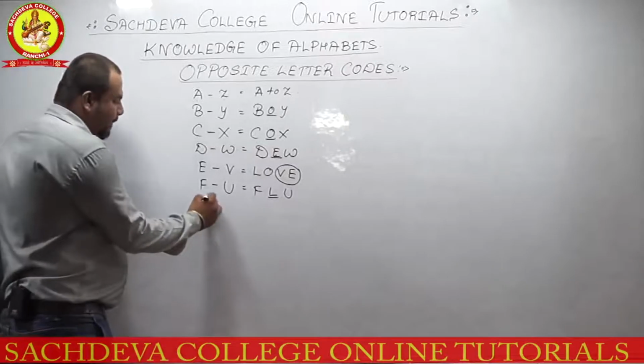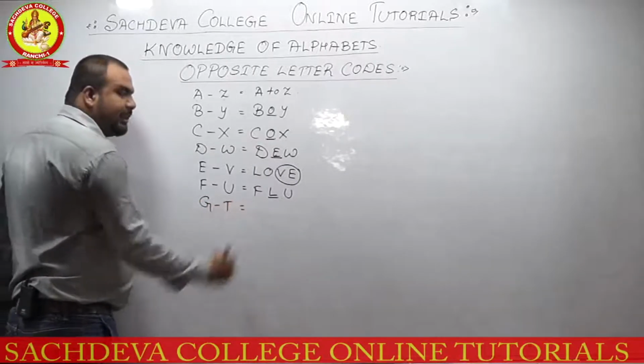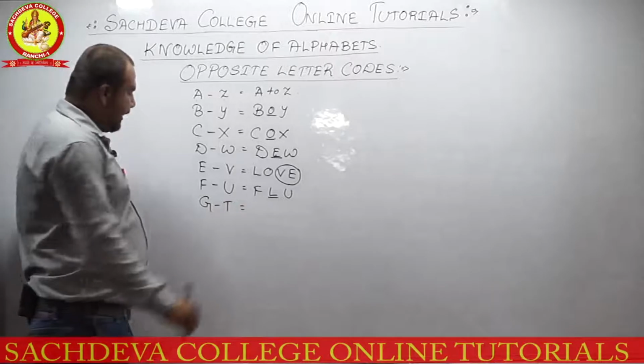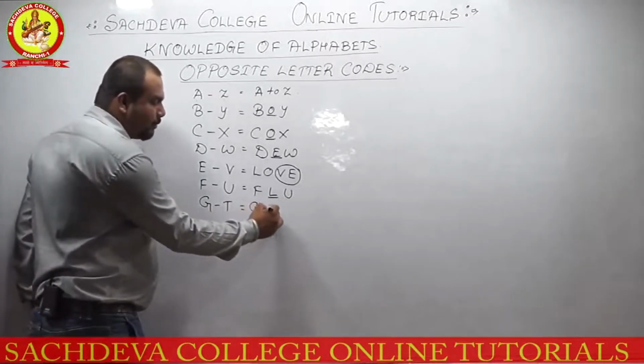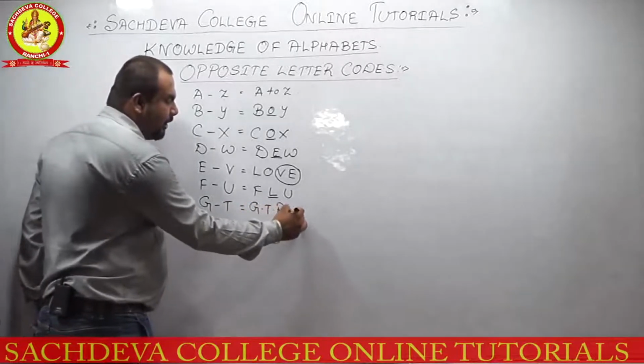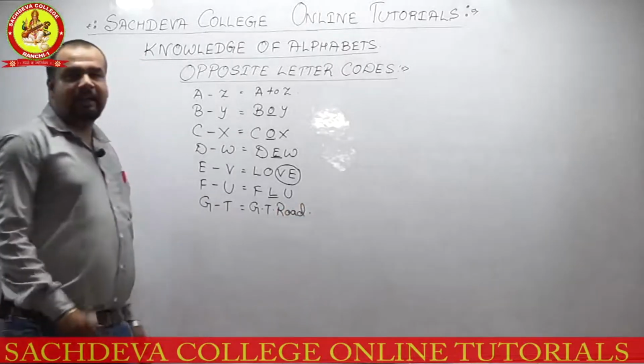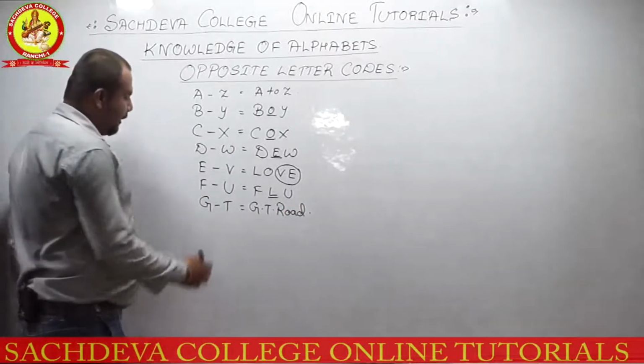Then हमारे देश में एक सड़क बनाई गई थी शेर शाह सूरी के द्वारा. शेर शाह सूरी ने हमारे देश में एक रोड बनाया था. उस रोड का नाम क्या था? G for GT, GT road. That is Grand Trunk Road. Okay. Now the next thing is